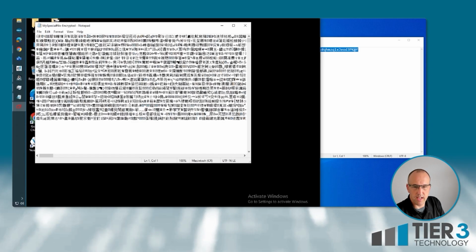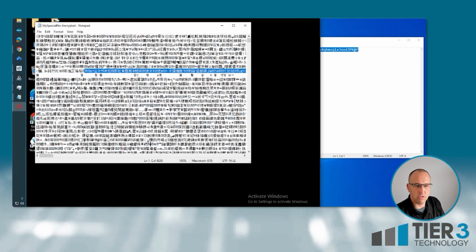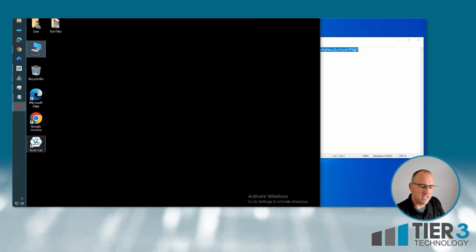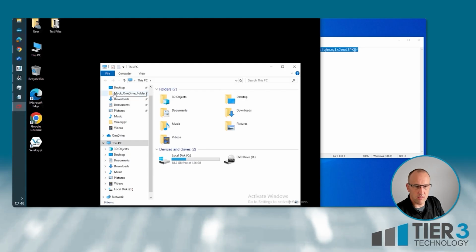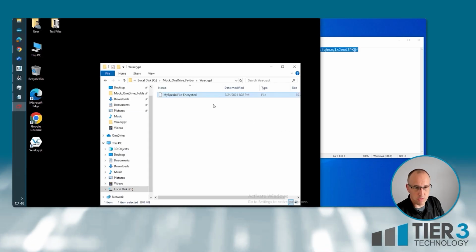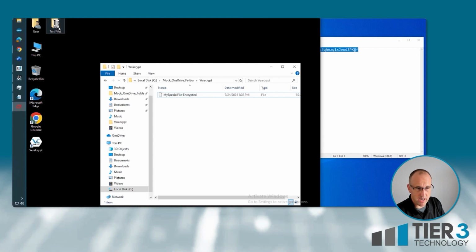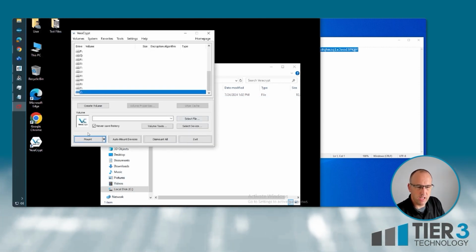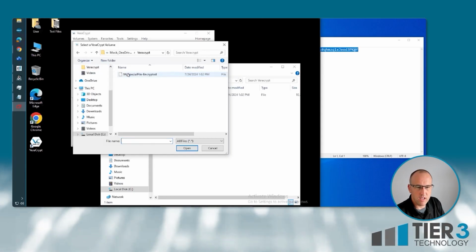And this is what it looks like. If I'm a bad guy and I copied that file, this is what I would see. A bunch of gibberish. So I'm going to say close that out. And again, I can't find anything in there. Even if I were able to figure out where you keep your special file, as long as your password isn't also saved on the computer where they can find it, and it's in your password manager, that's a pretty good deal. So I'm going to go back into VeraCrypt and I'm going to select the file, go into my mock OneDrive,